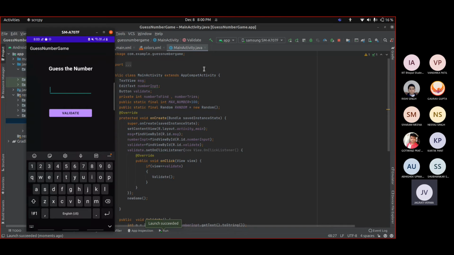For now I am writing 6. So it's too low. If I write 76, it's too high. So the number is going to be between 6 and 76, or we can type here 56. Too low. So you can try like this and you can guess the number. This is a short Android application for fun and for learning.